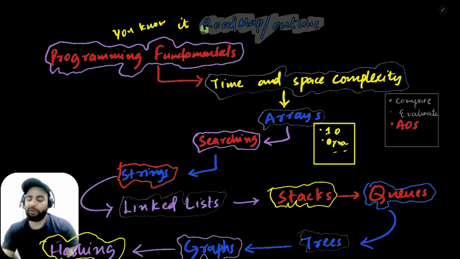After we are done with arrays, we'll come to searching. There are different ways of searching. You might have heard about linear search and binary search, and there are different versions of these. Once data is stored in a specific data structure, how do you do the searching? Searching is a fundamental topic because most of the time you're using it. When you call somebody, you write his name on your contact list and it searches through the whole list. That's where searching comes in.